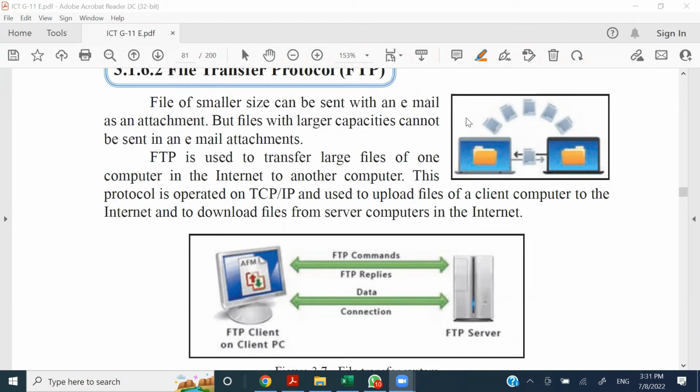But still, there are certain limits. When you are going to communicate larger capacity files, you can't do it using emails. In that case, you have to have a service like Google Drive, or something which is supporting FTP,